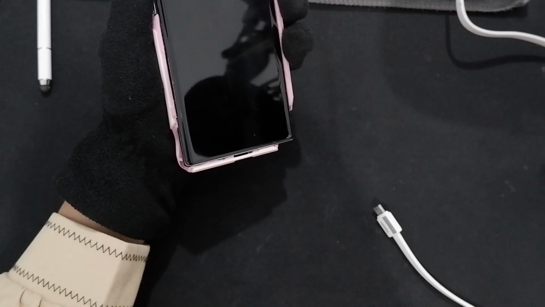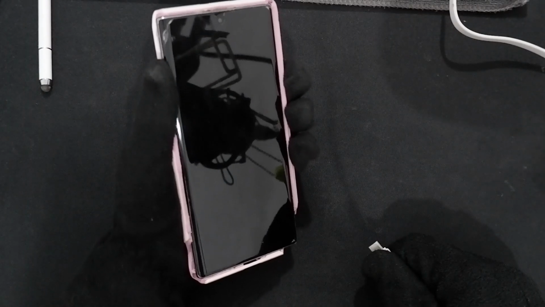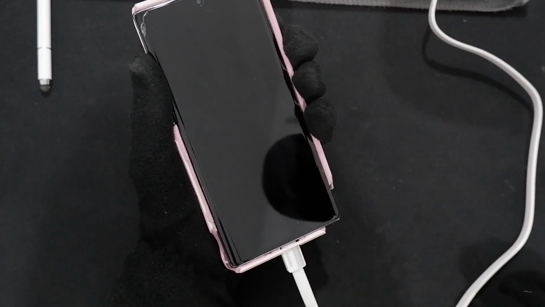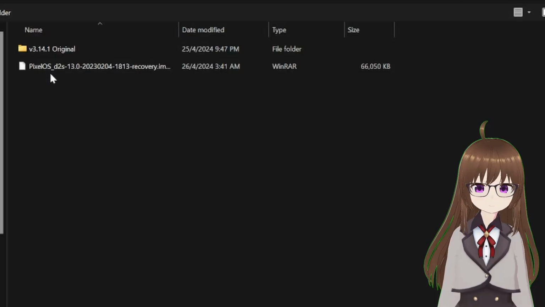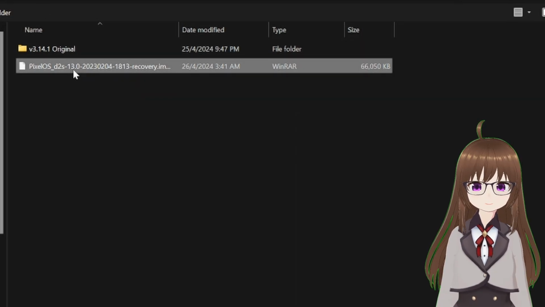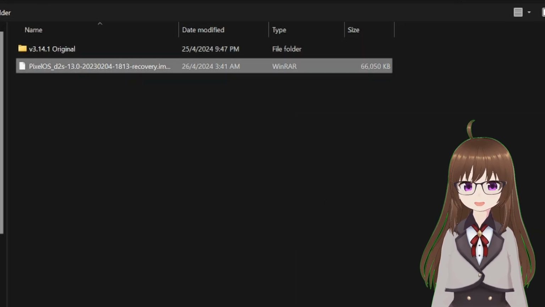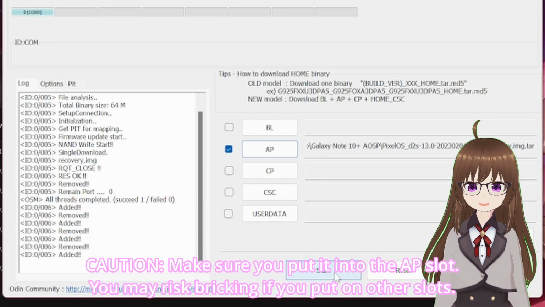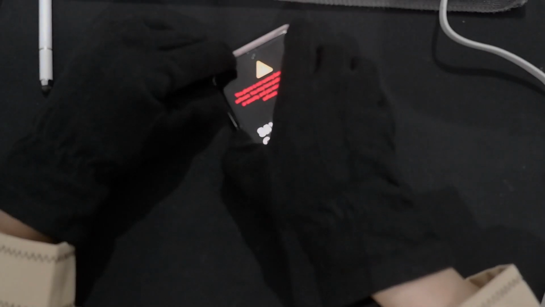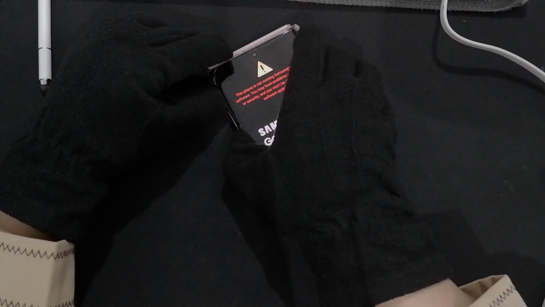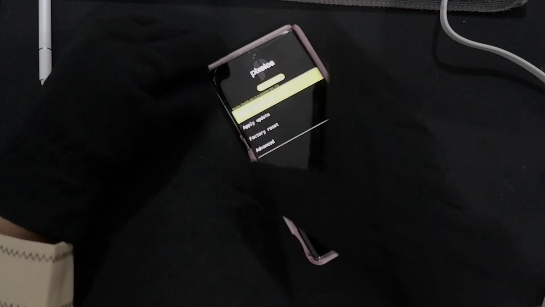Right, what we need to do now is to get this phone into Odin mode. And to do that, I'm gonna press these two buttons together and stick in the USB to get back to this screen, volume up to continue. Now what we want to do is select the recovery image that we just downloaded from Google Drive and press on start. Once that's done, immediately press the power and the volume up key until you see the recovery screen.